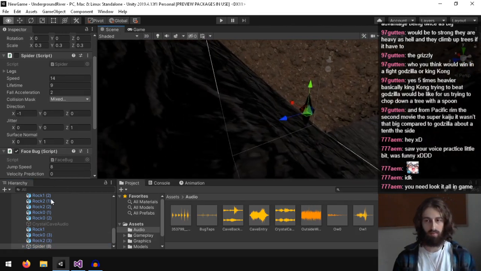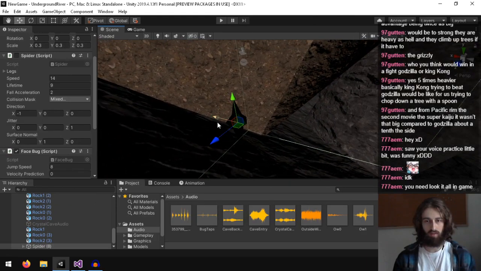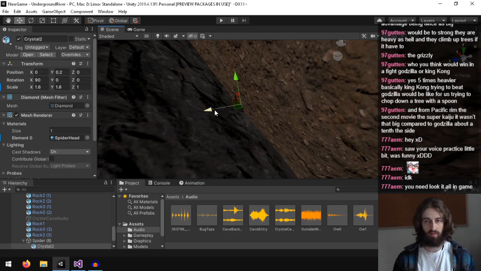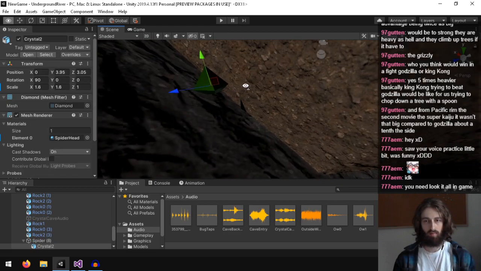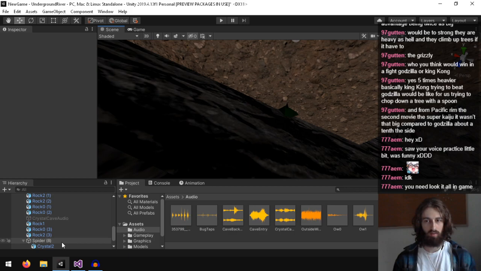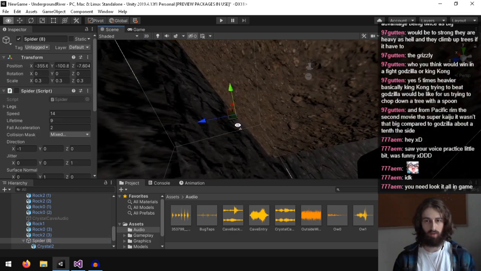I should maybe make it a little bit smaller, or I guess I could just move it back a little bit here. Oh my god, I just realized I'm just grabbing part of it. There we go.